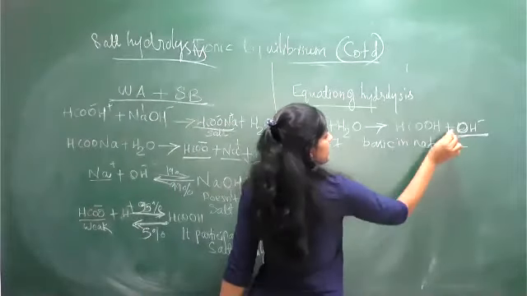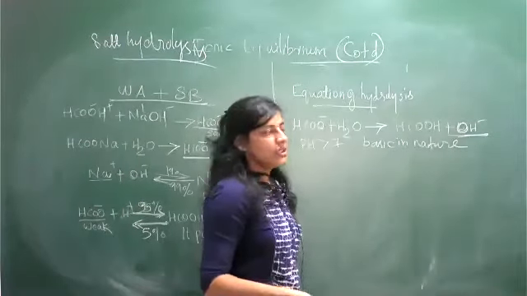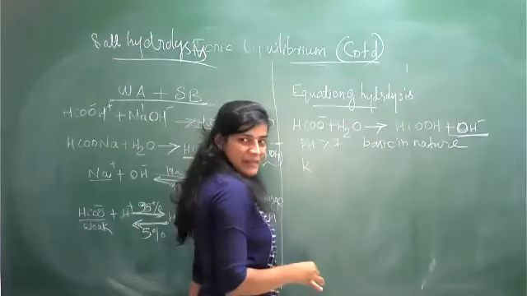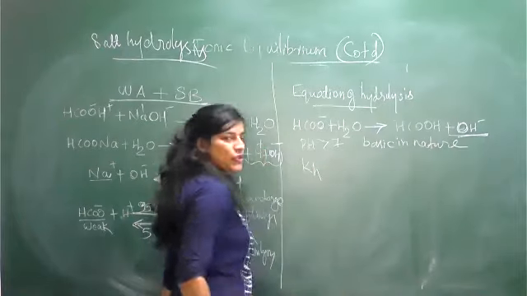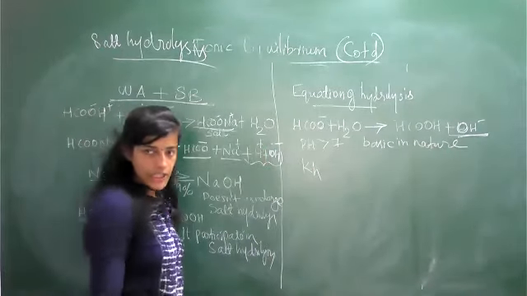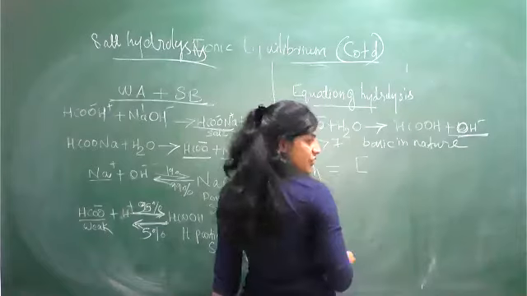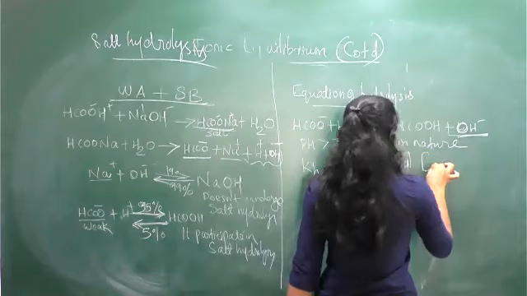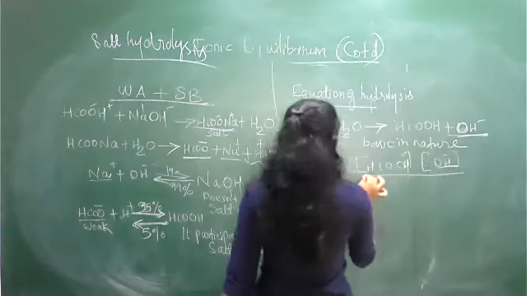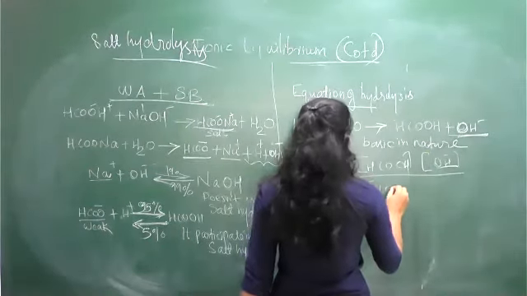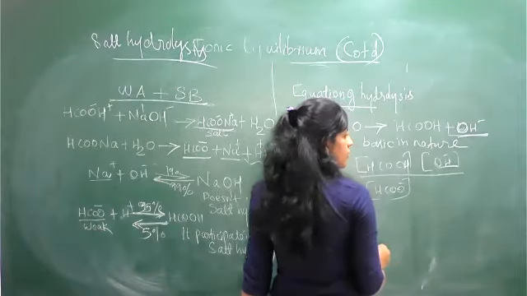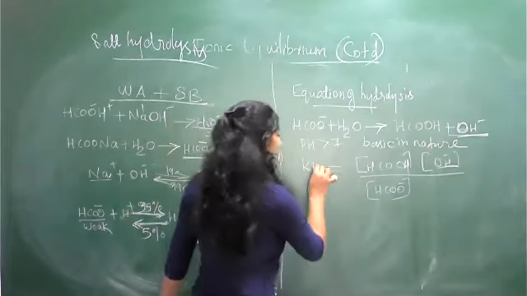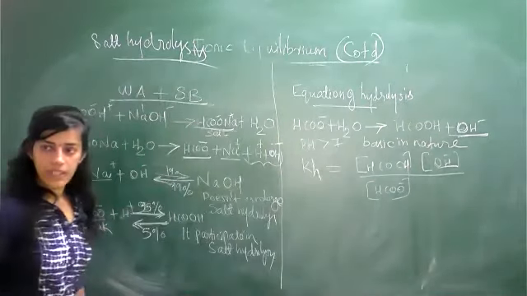Now, you get the thing. In the same manner we already follow, like product divided by reactant. So you will get a rate constant. But here, hydrolytic constant you will get. That is Kh. Kh is equal to, can you tell? Kh is equal to concentration of HCOOH into concentration of OH minus, all divided by concentration of HCOO minus. Concentration of H2O is 1, unity. We already discussed in the initial stage. So you will get Kh.